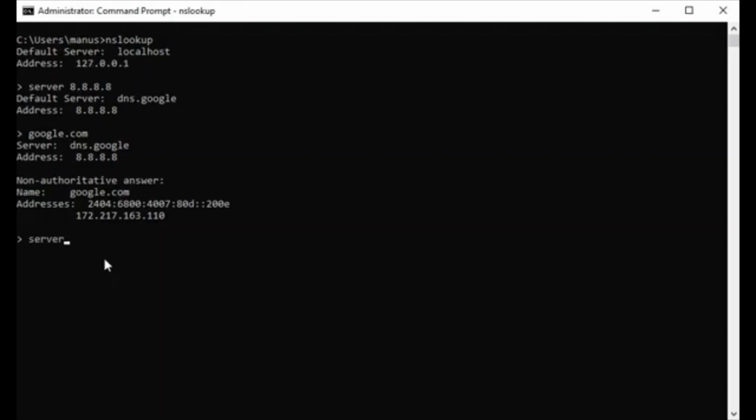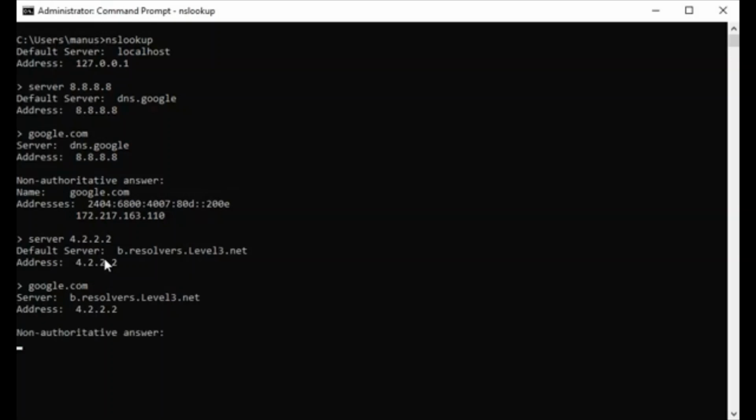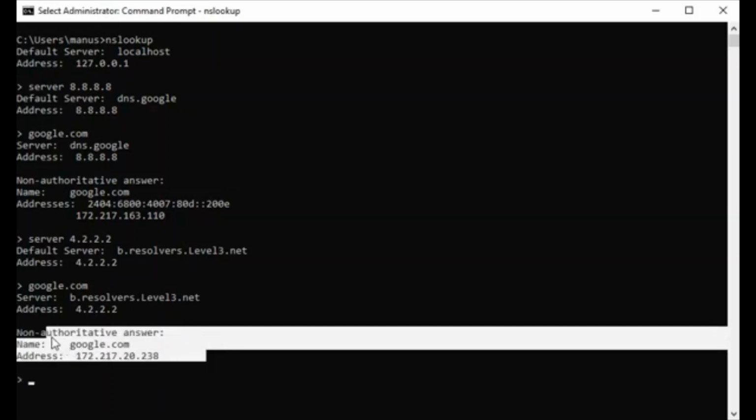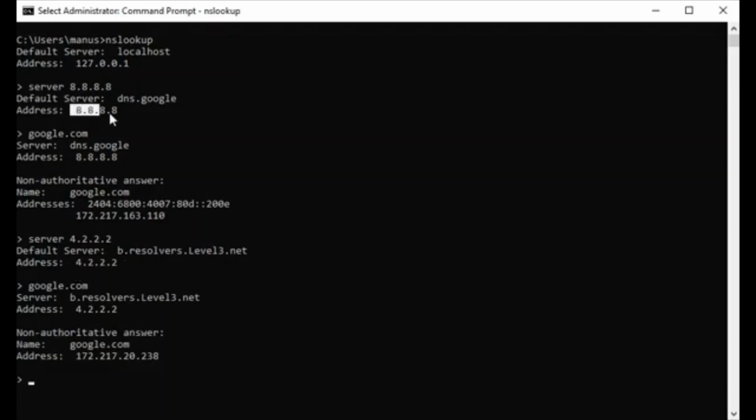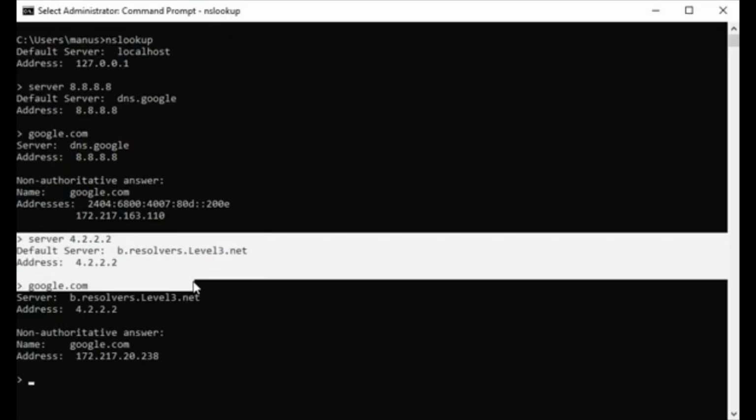And I can use this to change to whatever DNS server I want. So I changed it to another DNS server and I type in google.com. Now the response that I got here is actually from 4.2.2.2 and not 8.8.8.8. So this is one particular command which will come in handy if you want to test DNS resolution from different DNS servers.